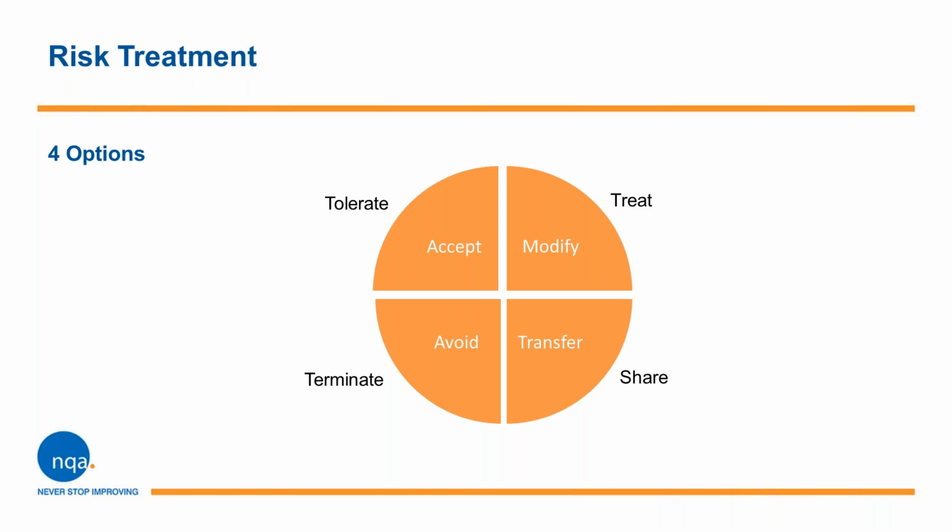Terminate is the end of the activity or the circumstances causing the risk, for example, by not carrying out the activity or moving the location under which that activity is taking place. This occurs when there is no cost-effective action to reduce the risk. It may involve choosing an alternative activity that meets the same business need. And finally, tolerance or acceptance. This is commonly accepted by management that risk falls within their previously established risk acceptance criteria or via extraordinary decisions. This means that no additional action is required other than what is already in place. However, this still needs to be documented and communicated up to senior management for approval.